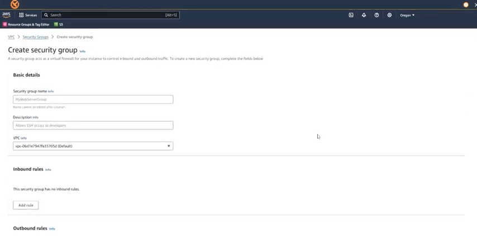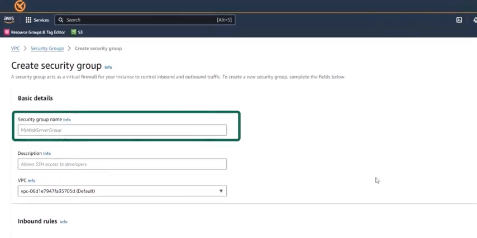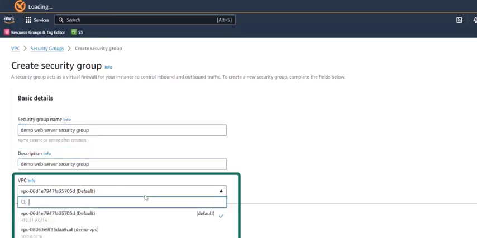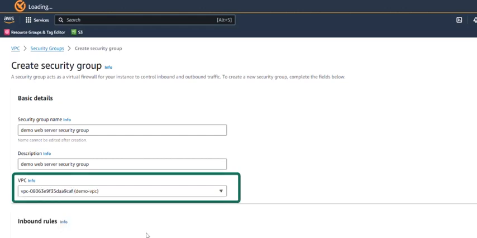In the security group name field, we are going to call it demo web server security group. Now select and copy that name and use it for the description. In the VPC field, select demo-VPC.